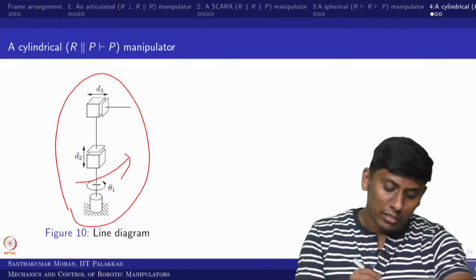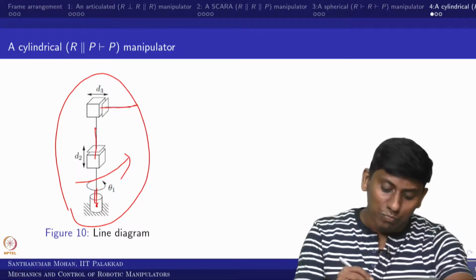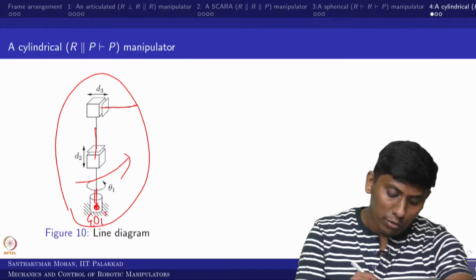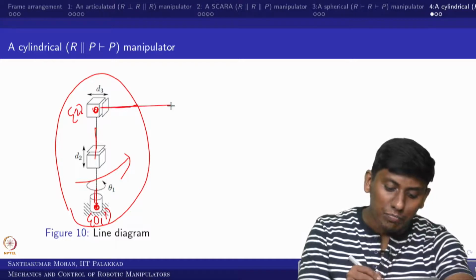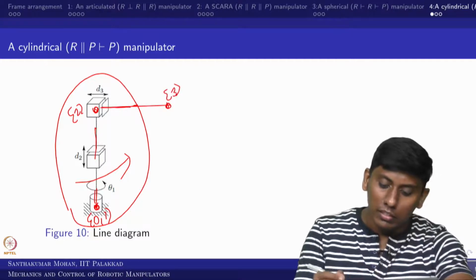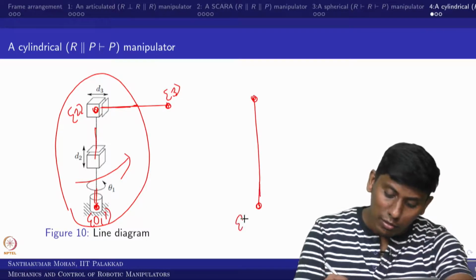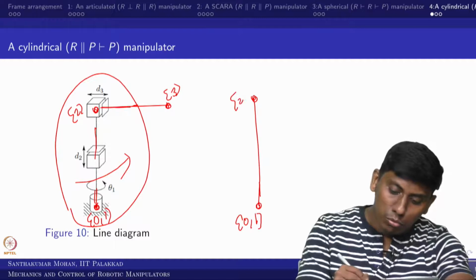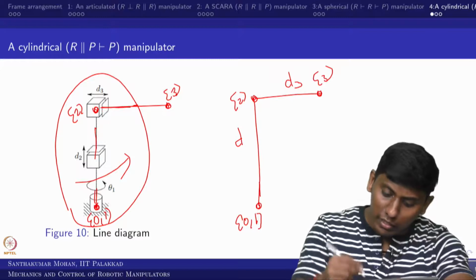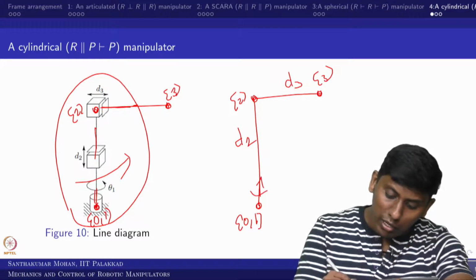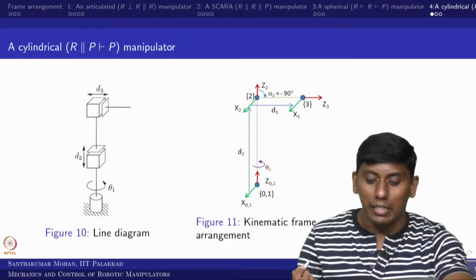So here you can see this is the first rotation, then the translation, finally translation. In the sense what you can fix, here you can fix 0 and 1, and the end tip you can put 2 because of the intersection, and the last point you can put 3. So what you can draw is easiest. So this is 0 and 1, and this is 2, and this point is 3. This is D3, and this entire thing is D2, and here the rotation is theta 1. Okay. So that is what we have done, you can see, right.